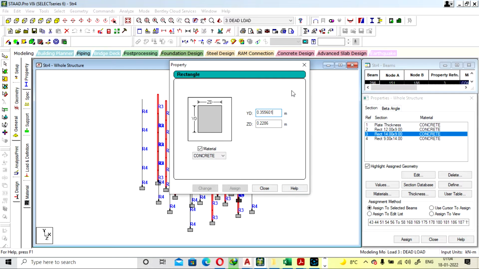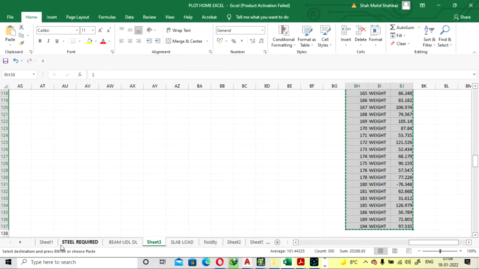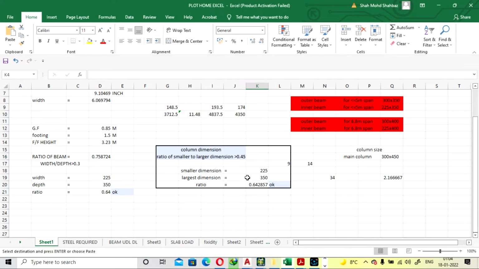It is 350. So the ratio of the column should be maintained. Okay, so I'm going with 450 by 400. So our ratio is 0.56. So it will be okay because it is greater than 0.45. So the ratio will be maintained.